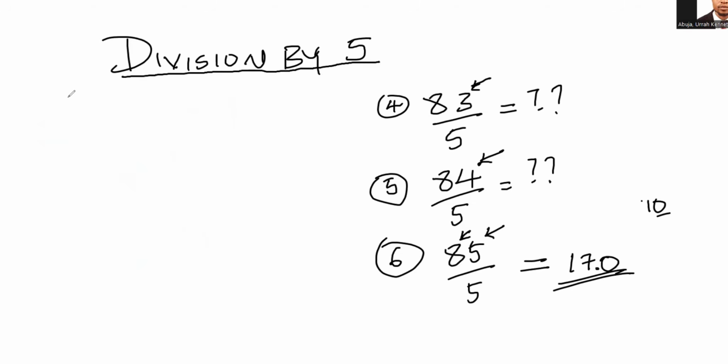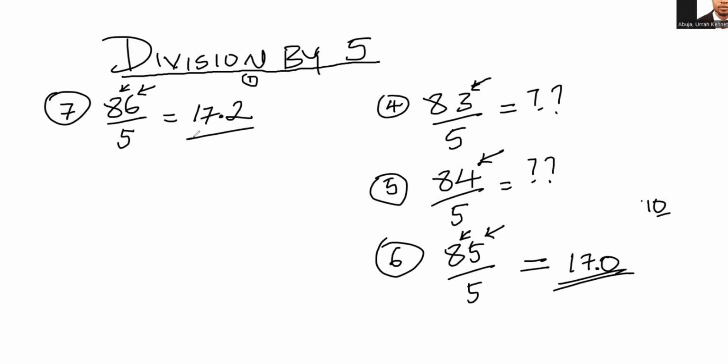Now number 7 is 86 divided by 5. Now 86 divided by 5, we're adding this number to itself. 6 plus 6 gives us 12, right? So I'll write 2 and carry 1. Now 8 plus 8 here gives us 16. 16 plus the 1 outside is 17. So this is 17.2 as our answer. 17.2 as our answer. Likewise, number 8